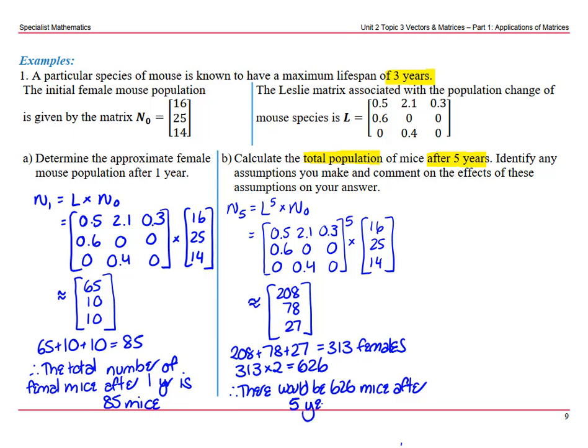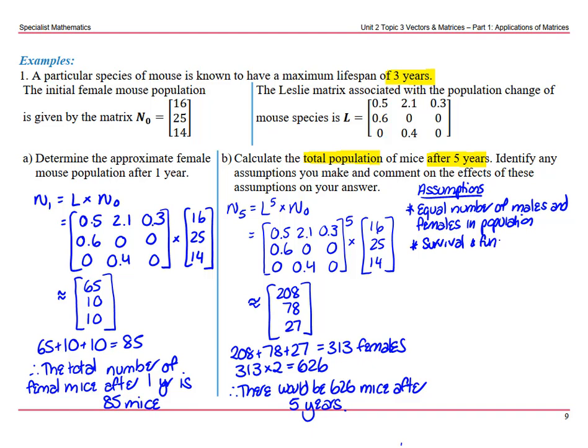Now, this question also asked us about our assumptions, and they are very important. So, equal numbers of males and females, or you could say male and female proportions are the same. Same thing. We are also assuming that our survival and fecundity rates remain constant